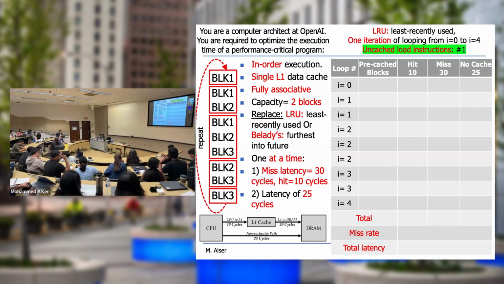Yeah, I think it's correct. So it will be miss upon miss plus that no cache also. Excellent. This is a very good question. For the miss rate, how are we going to calculate it? Now we have two paths. What should we do about it? It's easy to calculate for the first path, but over here,